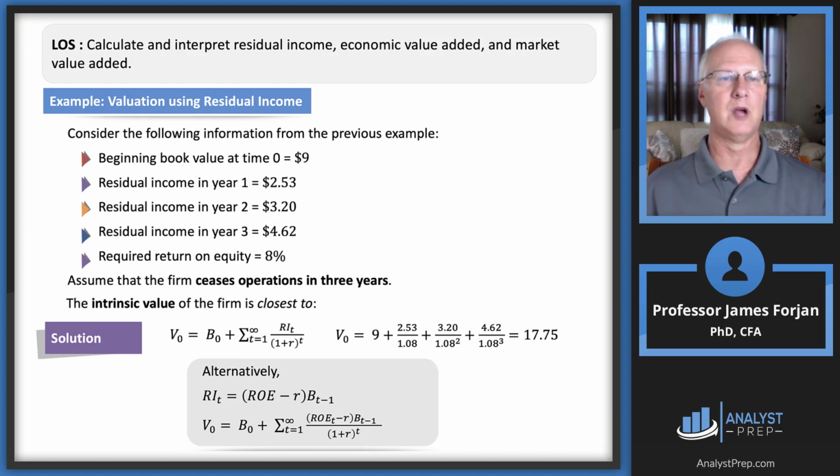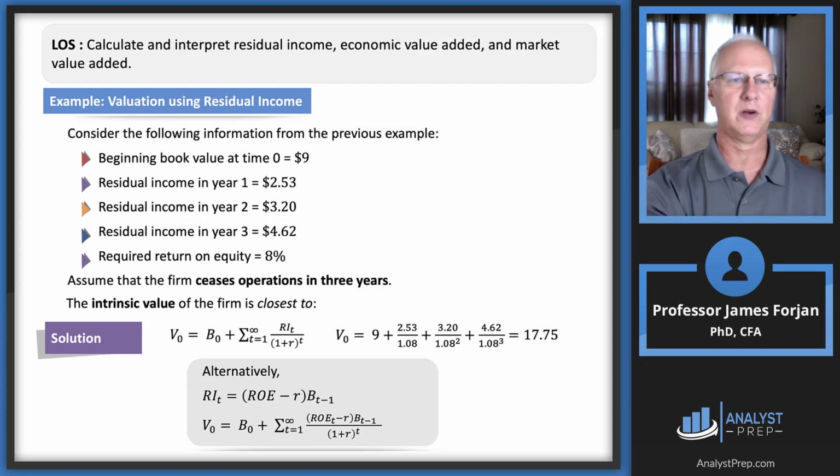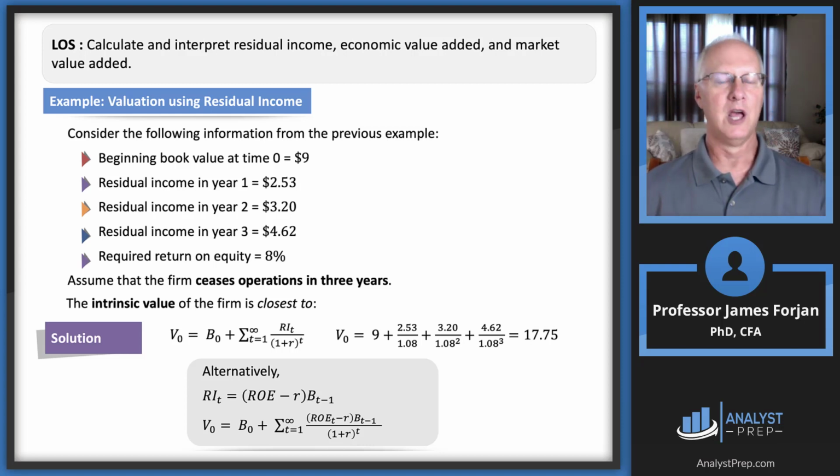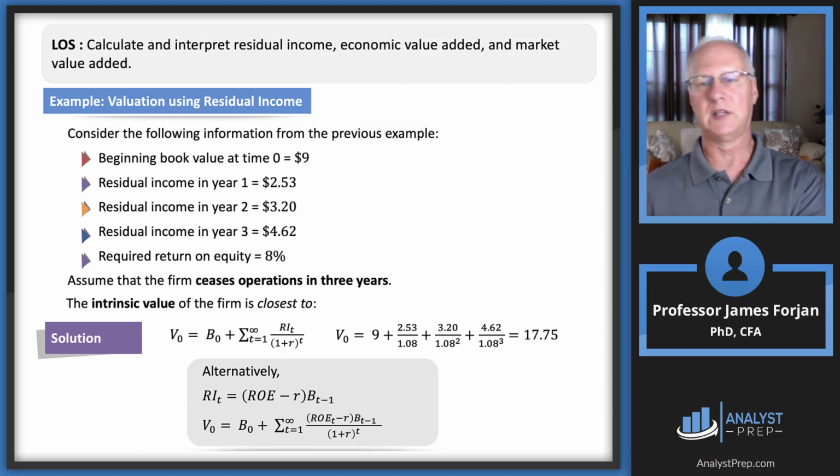So let's go ahead and compute this present value. Skip to the middle part right under that last arrow point. Assume that this firm ceases operations in 3 years. All right, so we're going to somehow liquidate after 3 years. So this sounds like a great exam question because, look, the Institute is not going to ask you to compute the present value for the next 29 years. It's got to give you some kind of a reasonable time frame to solve this problem. So, boy, there we go. There's our residual incomes that we computed earlier, 253, 320, and 462. So really, we just take the present value of those,